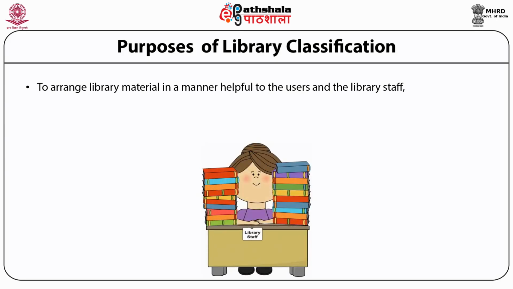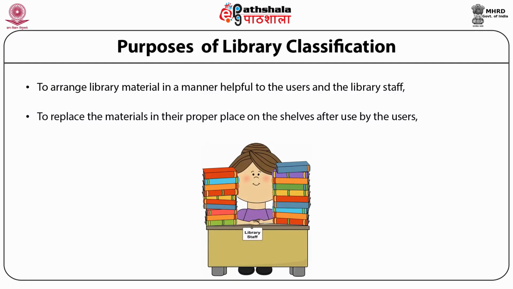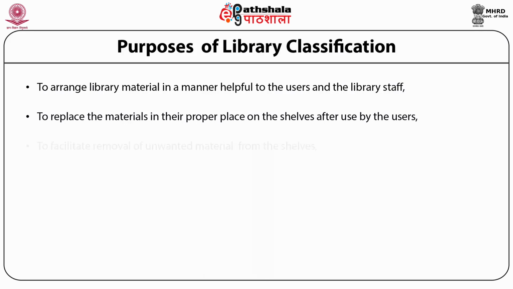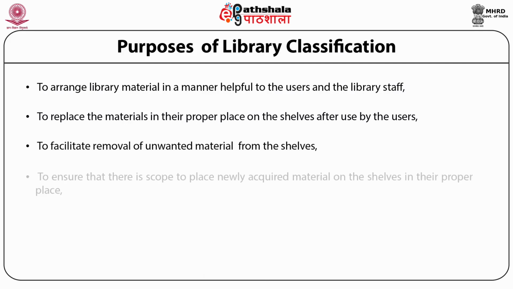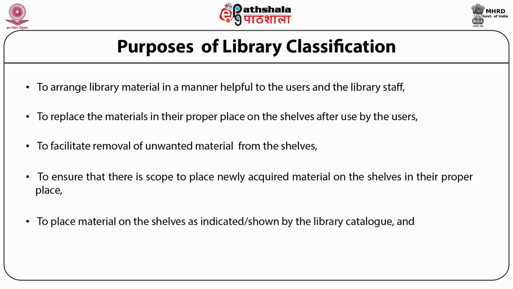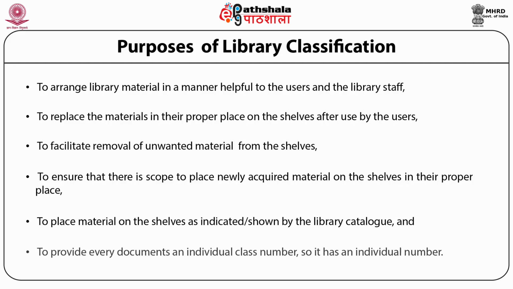library staff. Secondly, to replace the material in their proper place on the shelves after use by the users. Thirdly, to facilitate removal of unwanted material from the shelves. Fourthly, to ensure that there is scope to place newly acquired material on the shelves in their proper place. Next one is to place material on the shelves as indicated or shown by the library catalog. And lastly, to provide every document an individual class number so that it has an individual identification or an individual